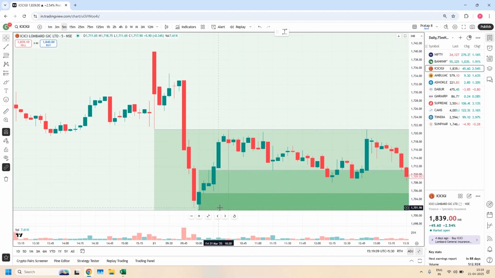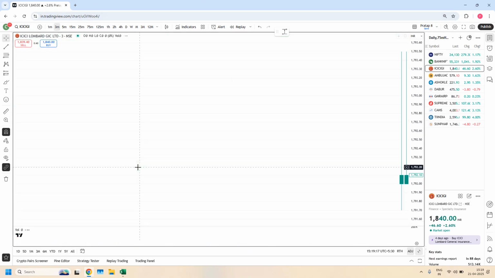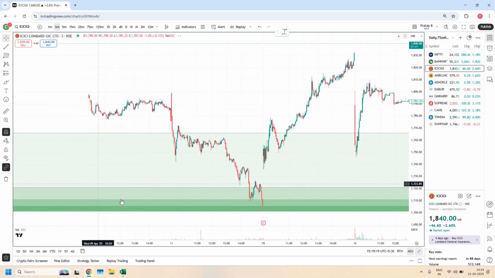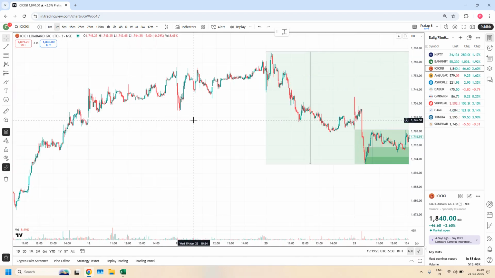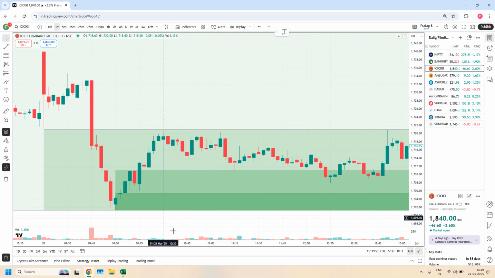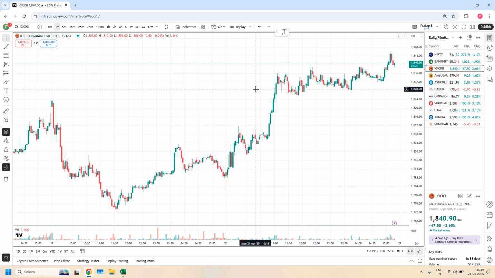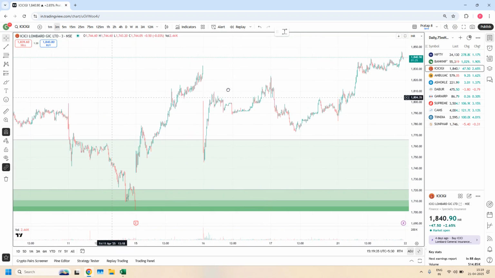So that's why, when the 5 minute structure is not very clear, then you can go to the 3 minutes time frame. So that is what I did. I went to the 3 minutes time frame. In the 3 minutes time frame, we have an excellent 3 minute zone here. So here you have a drop candle, 2 base candles and a rally candle and a follow through candle. And this is the area we got a trade on